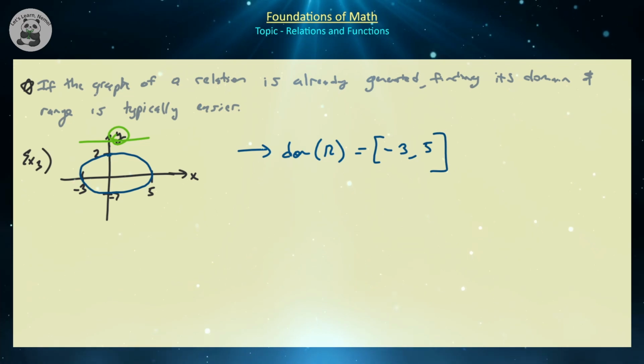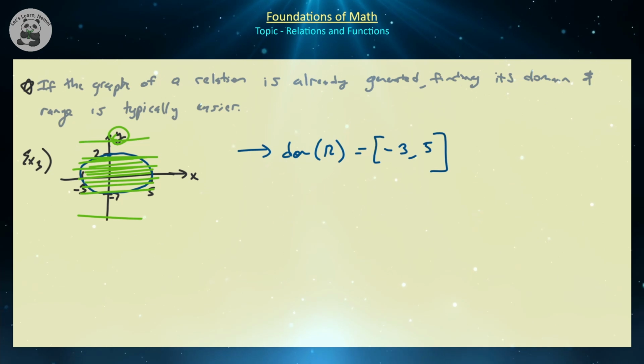So notice that if I draw a line at 3, it doesn't cross, therefore 3 is not going to be belonging to my range. If I draw a horizontal line at minus 10, it is not going to be belonging to my range because it doesn't cross. If I draw, for example, at 1, 1 crosses at least once, therefore 1 is going to be belonging to my range. And I can do this, for example, for all y values in between minus 7 and 2, and it's going to cross at least once, and any horizontal line out of that is not going to cross at all. Therefore, my range of this particular relation is going to be